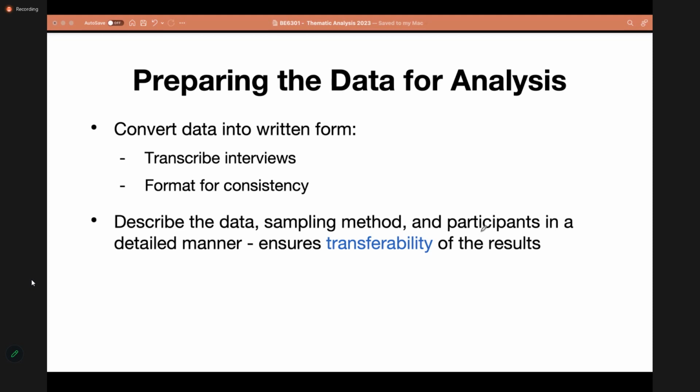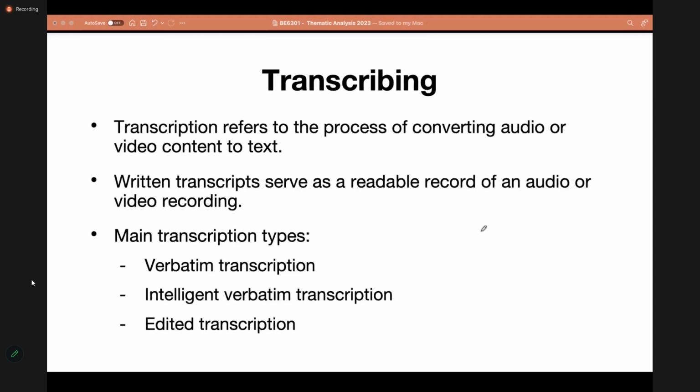Right? So mentioning that information is very important. This transcription process, so transcribing your interviews, will involve converting the audio or video content that you have collected as data to text.